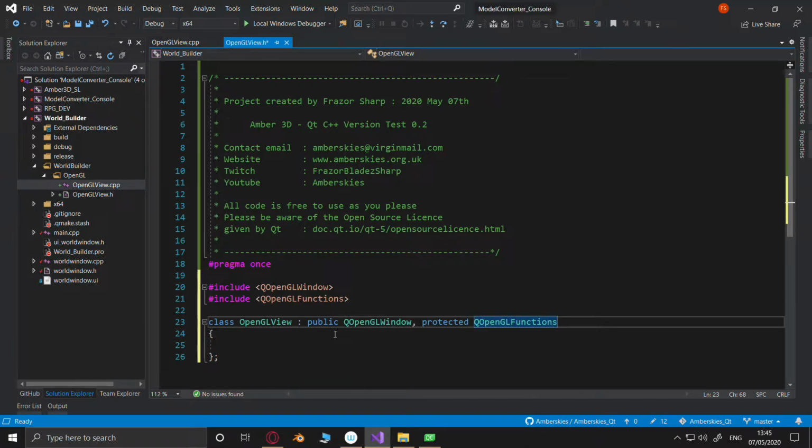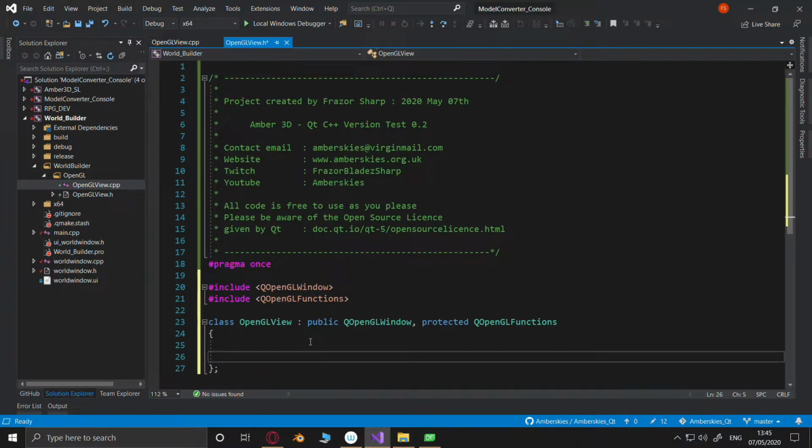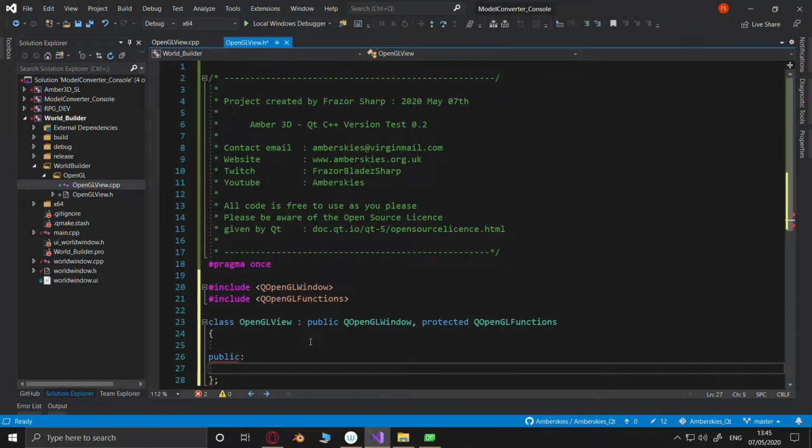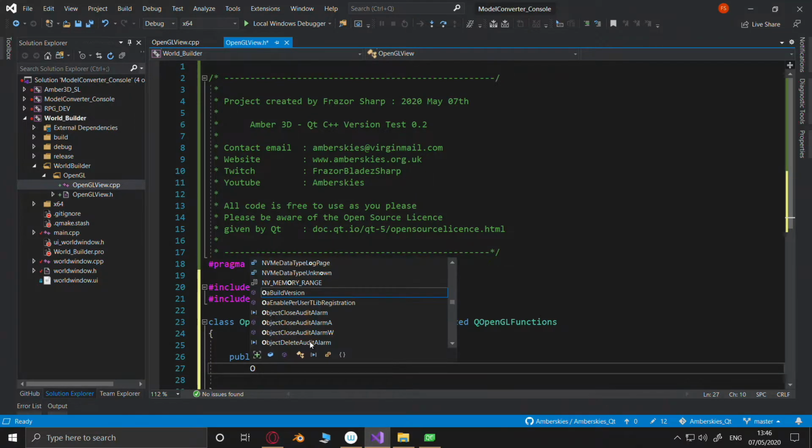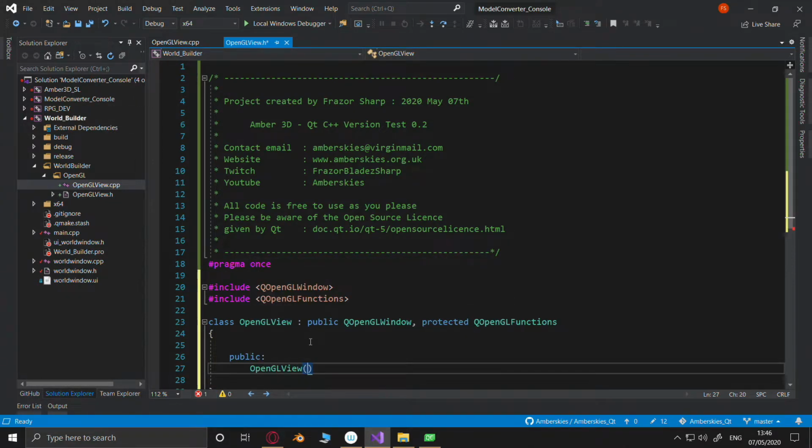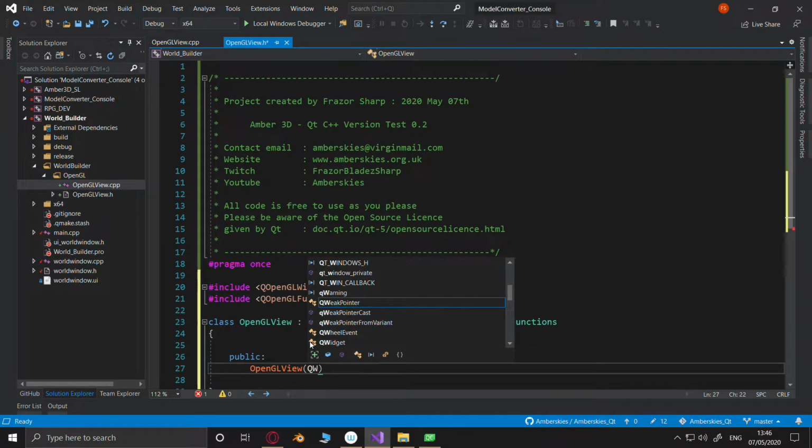There you go. Lovely. Why is that an error? We want OpenGLView as our constructor, and that will take a QWindow.